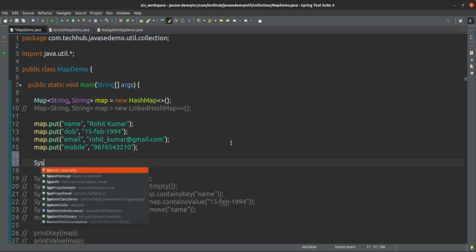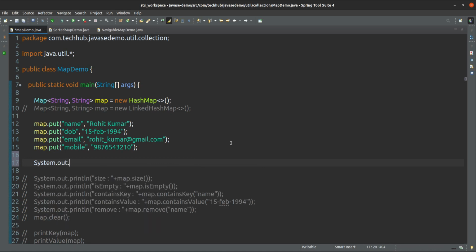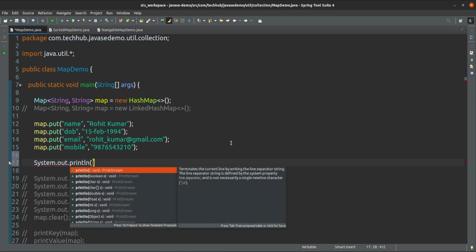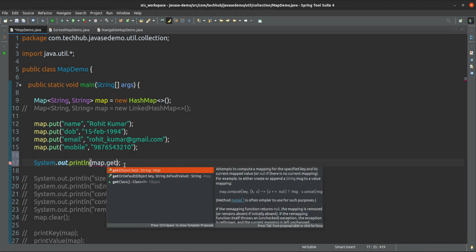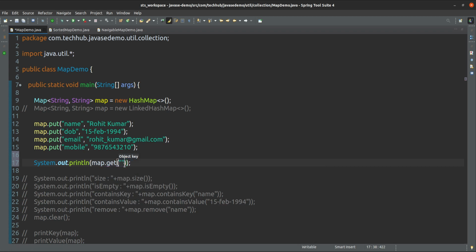System dot out dot println, using this println map dot get, using map dot get. We have to give the key here. Using this key we can get the value.